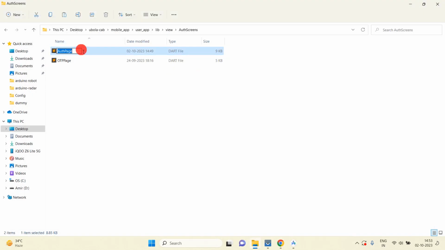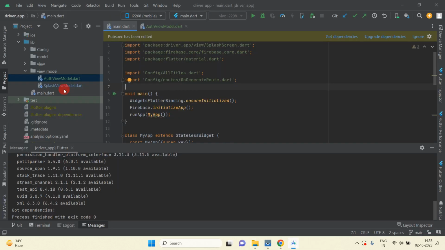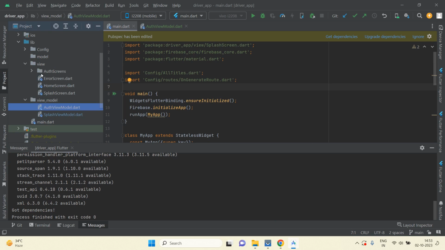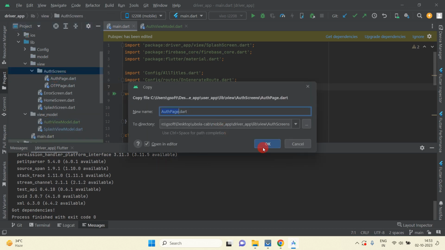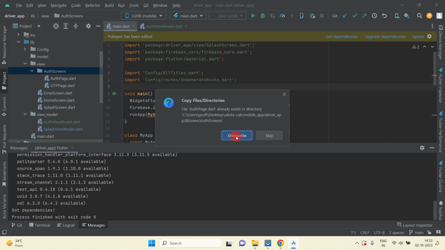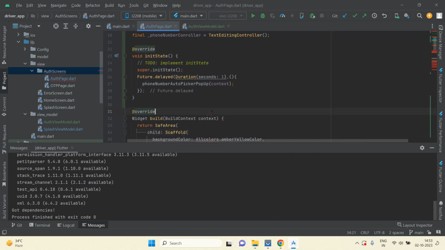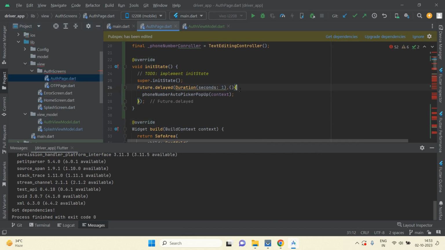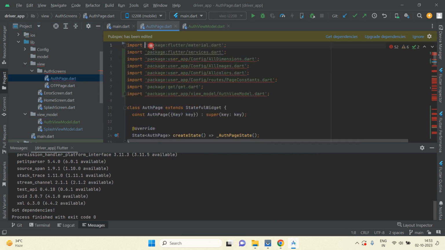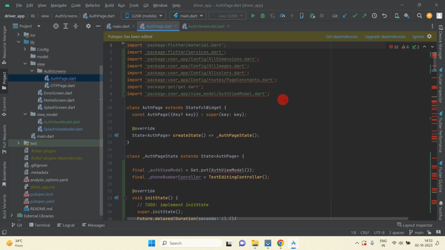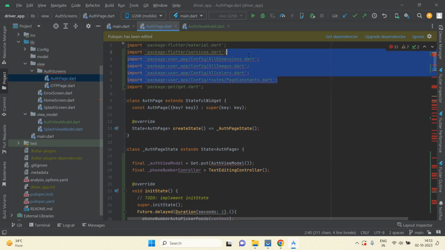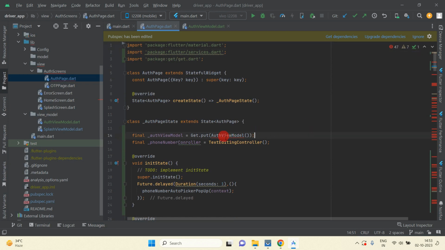Just copy this auth page and replace this with driver auth page. So just paste here. Then you can see we need to override, so just override this, and here we are getting some errors, so now I'm going to resolve these all. So just remove all the errors and import this,